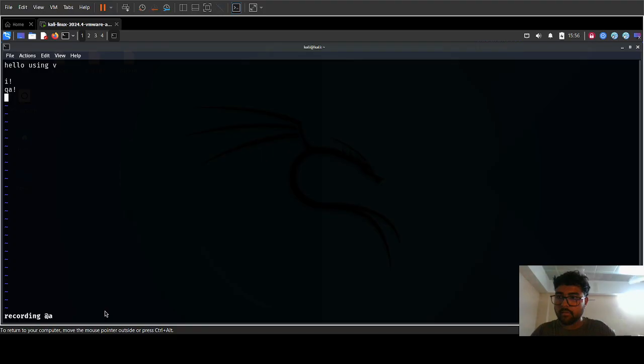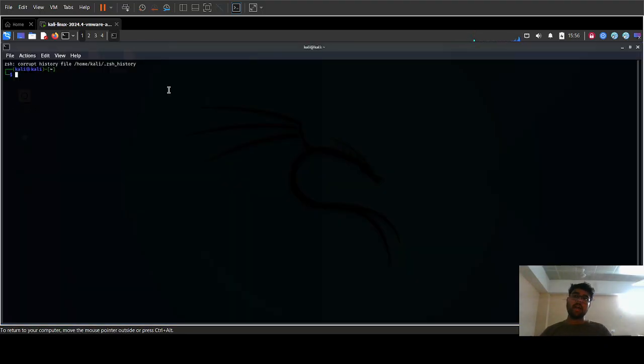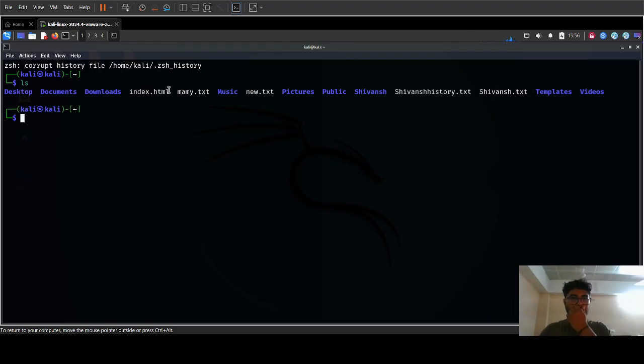Exclamation mark, enter. So this is how you can add things over your terminal. So till now we have used the vi command also, and now again we can see